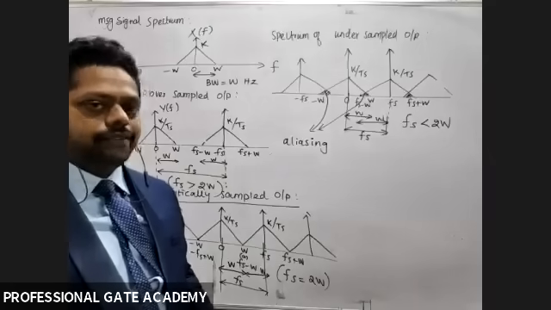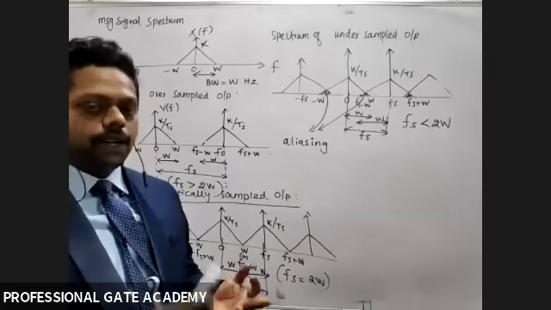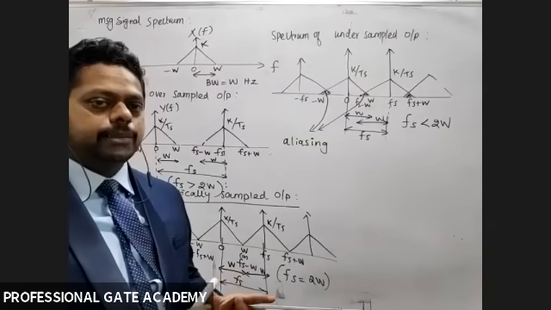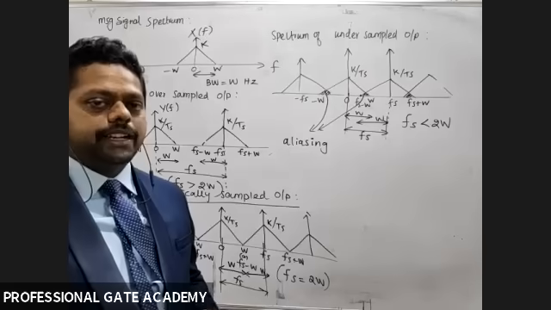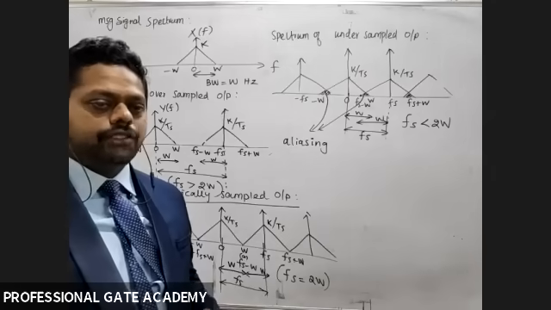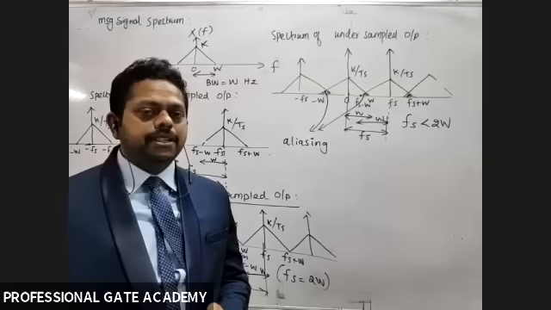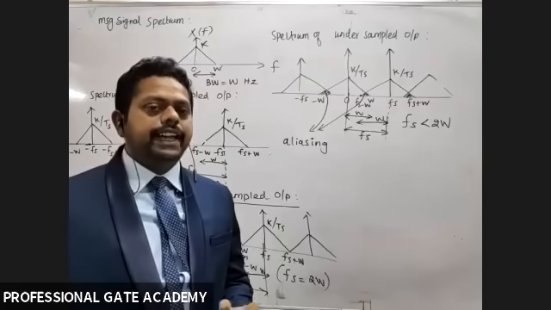That we will discuss in Fourier series. We have even symmetry, odd symmetry, half wave symmetry, quarter wave symmetry, hidden symmetry. All the symmetry with the corresponding condition will be discussed in Fourier series. But as a basic, for even symmetry, DC term and cosine terms are present. For odd symmetry, only sine terms are present.